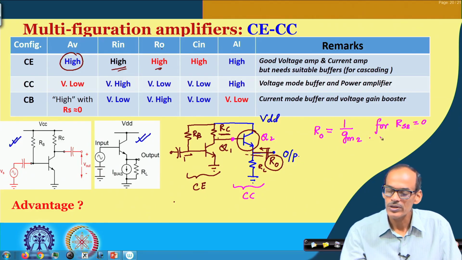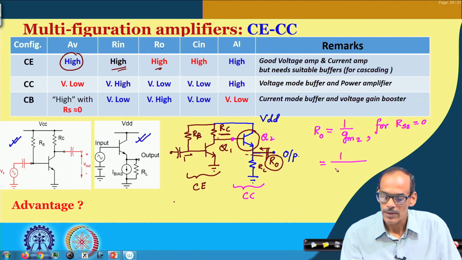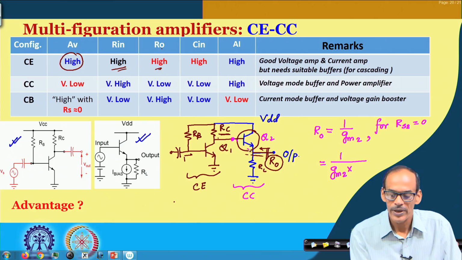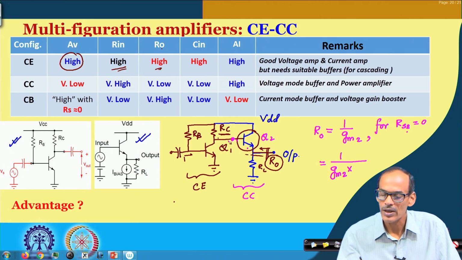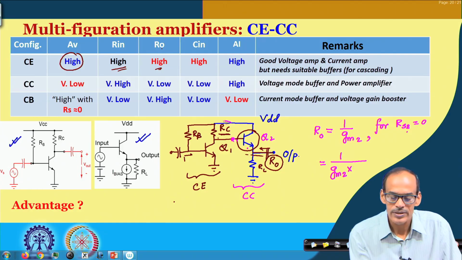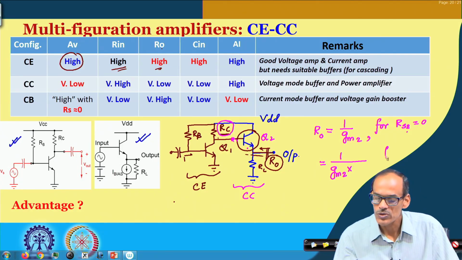But if it is not, then 1 by Gm2, as we have discussed earlier, this Gm2 will get attenuated by R pi here and whatever the Rs will be. And incidentally, Rs is in fact close to Rc. So, I should say for Rs2 equals Rc,